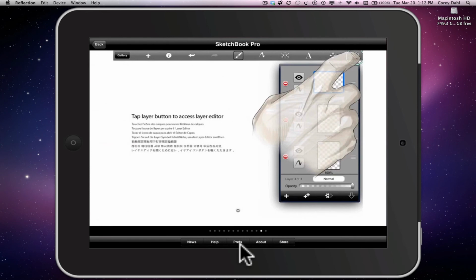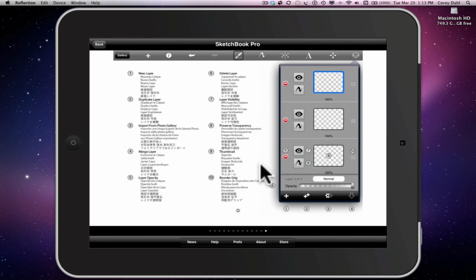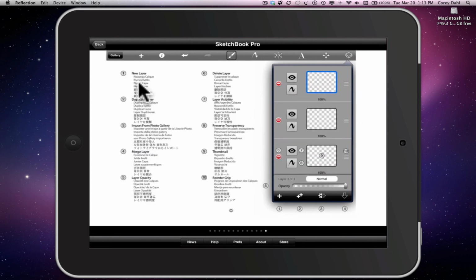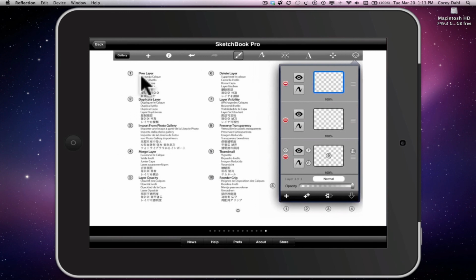Layers are very important. The top right when you're drawing is a layer button, and this is how you add layers, and we'll get into this in a later video. And this is another example of just saying, okay, right here, this is number 1, and this is a new layer. Number 2, if you wanted to duplicate the layer. So it's just explaining what each piece is, but do become familiar with the help